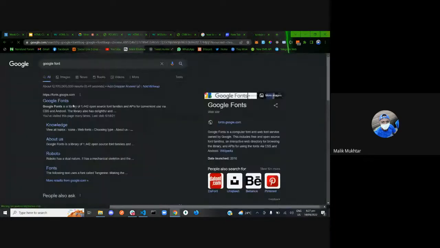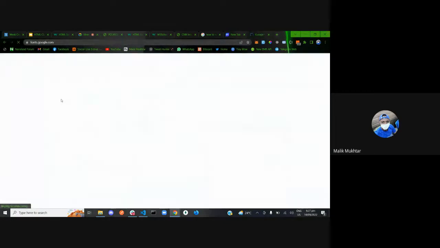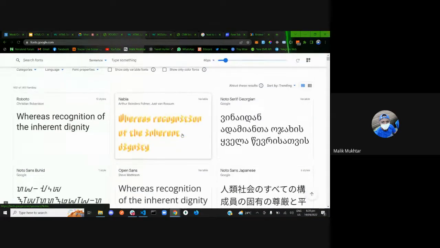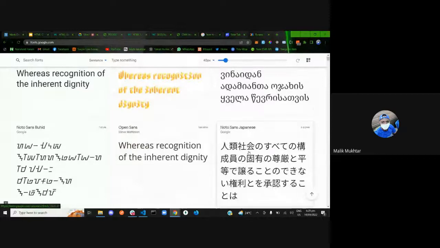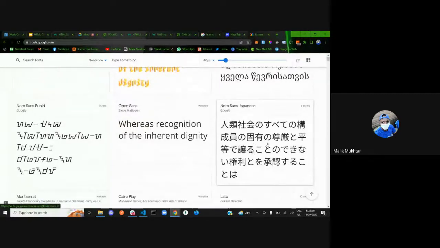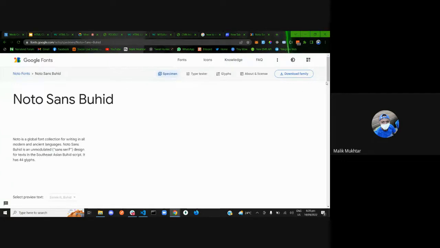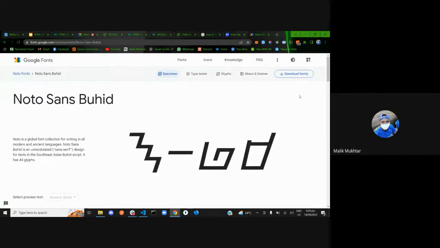Maybe Google has a fancy font that I want to use on my website, and I don't want to start stressing myself. They already have the CSS written for me somewhere on their server. So all I have to do is just